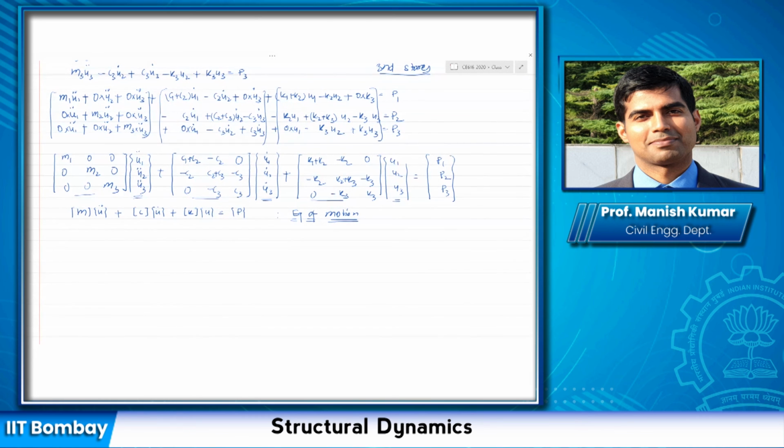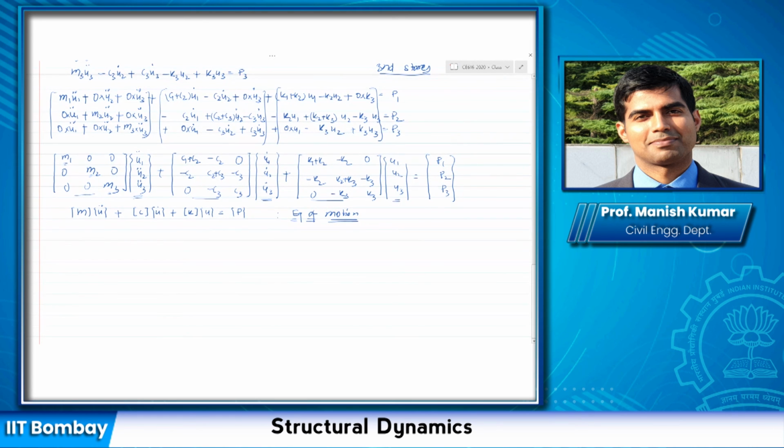Now let us look at this equation carefully and some of the important observations here. This was considered as a lumped mass matrix system in which masses were lumped at each floor level. So I have a diagonal matrix for the mass, right? There is no off diagonal term for the mass, and that would always be the case for any kind of lumped mass multi-degree of freedom system. So for any multi-degree of freedom system considering a lumped mass system, your mass matrix would always be diagonal by definition.